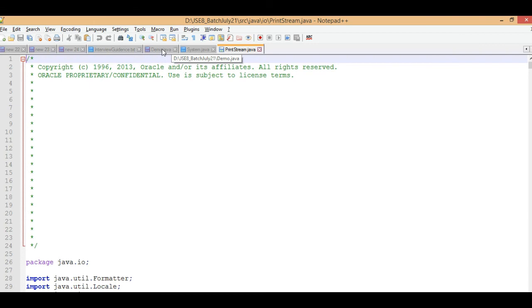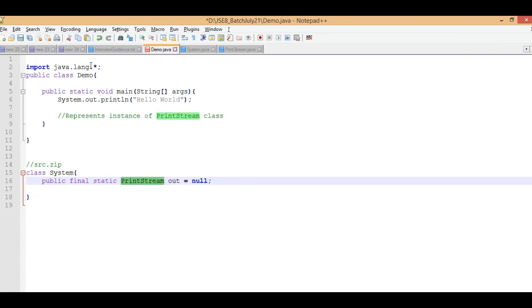Yes, if I write import java.io, then you will get confused. In C language I use the include directive for the standard input output header file, and in C++ also I have added it, and here also I have added it. So this is similar. What is the difference? What is the beauty of Java?